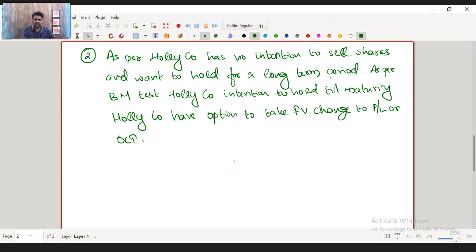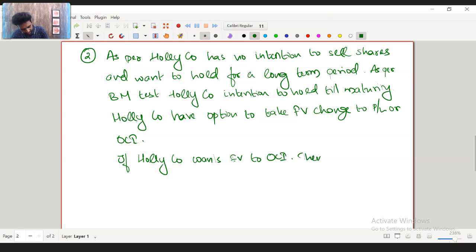But if they are taking the fair value changes plus the transaction cost to OCI, then they have to make an irrevocable election. So you need to write, if wholly company wants to take fair value to OCI, then an irrevocable election